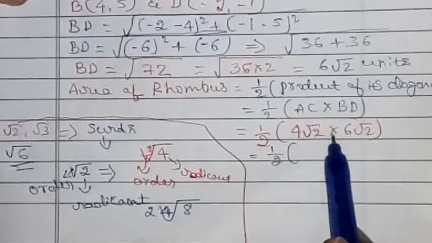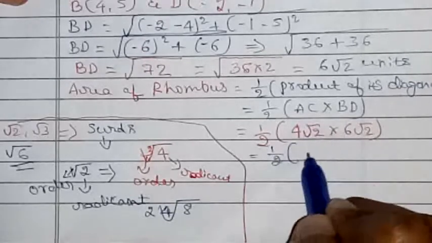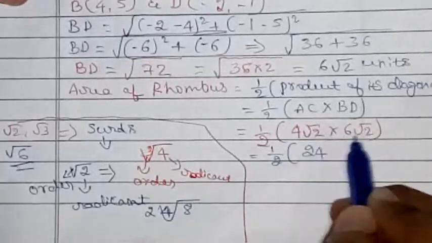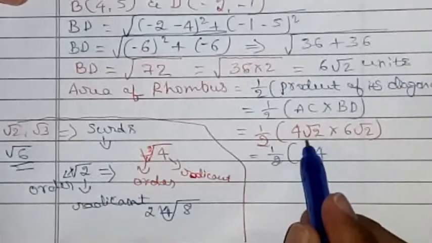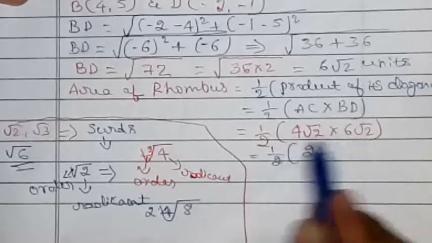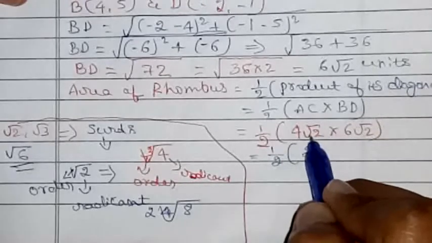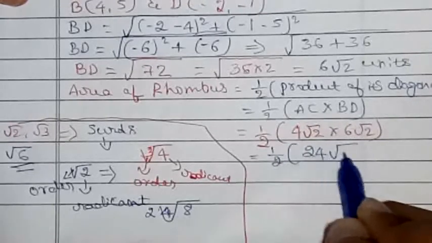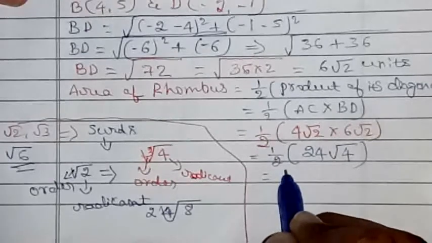So inside the root. So therefore multiply the 4 and 6. So 6 fours are 24, and also you need to multiply the coefficient also, right? So again I'll say, orders are the same, and I'm multiplying the radicand, and I'm also multiplying the coefficients 4 and 6. So 6 fours are 24, and orders are the same, so multiply the radicands. So 2 into 2, 2 twos are 4. So therefore root 2 into root 2 is root 4, right, children? So therefore that's equals to half